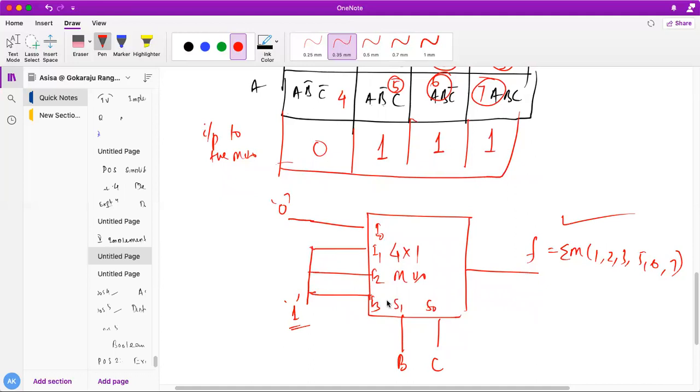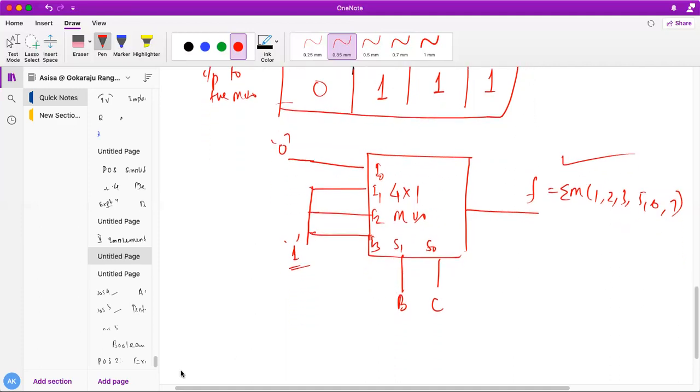Do you all understand, students, what is happening here? If my select line is getting changed, then obviously the combination of the input to the mux is getting changed, and the combination of the minterms is getting changed in the mux implementation table. So always you need to understand that I have to check what my select lines are. According to that, I have to find out the minterm positions in the mux implementation table. Then finally the input to the mux can be found, which is a function of the remaining variable which is not present in the select lines. Okay, do you all understand now? So very simple.